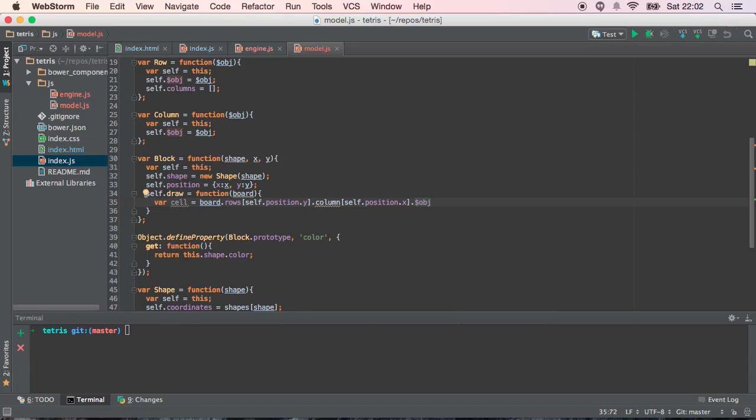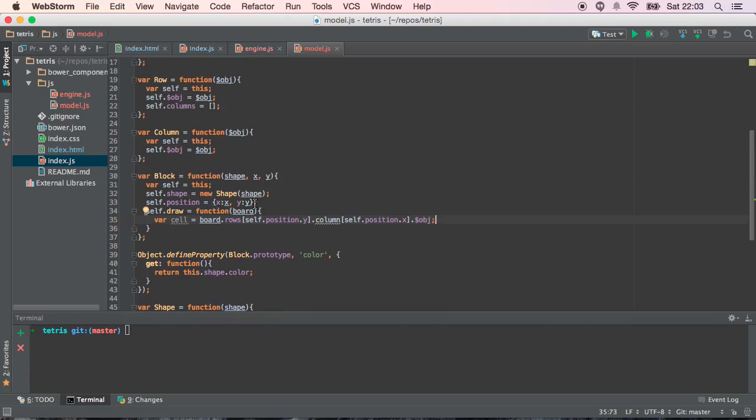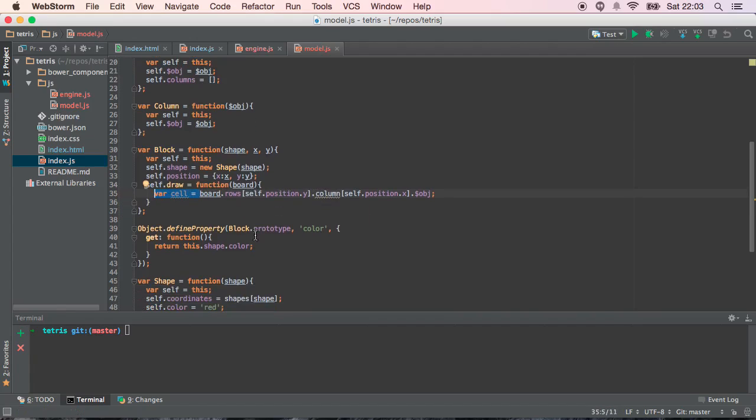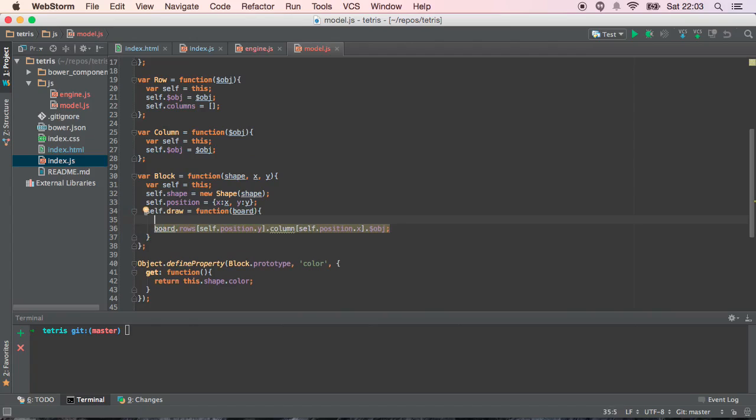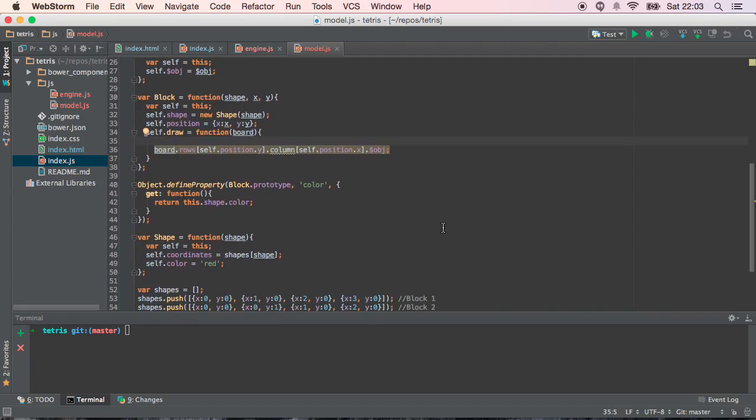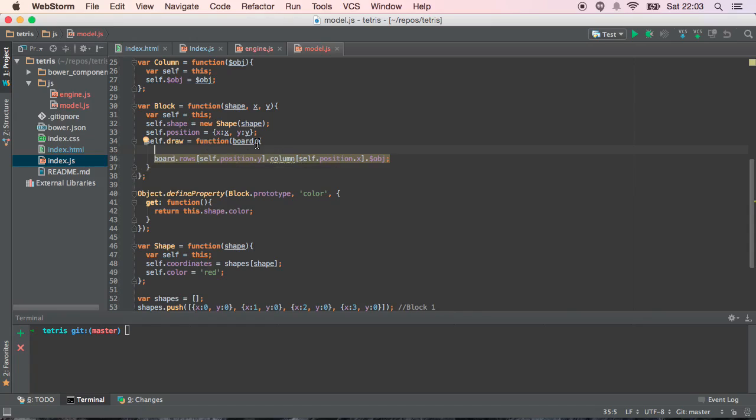That's the 0 cell. Let's see. But how are we going to do each one, right? So we've got our base position, but we also need to handle our shape. Oh, that's right. Okay, this is going to get really complex really quickly. There's a lot of math in doing game developing and game designing. We actually need to drop down into our shape and grab our coordinates for our shape. So we need to do